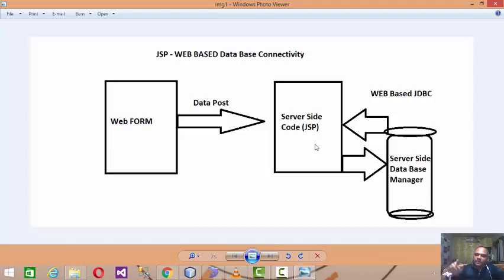Means in JSP, anywhere you can open and close the tags and then add the HTML code. So refer to the executable code that I have explained to you; the code is provided with this virtual session. You go through that, explore it, and try to perform the JDBC connectivity with your JSP code, right? So I hope you understand how the web form will post the data, and the server will process this data and insert it into the database, as well as fetch the data, so as to have a persistent set of data on the web server. Okay, thank you.